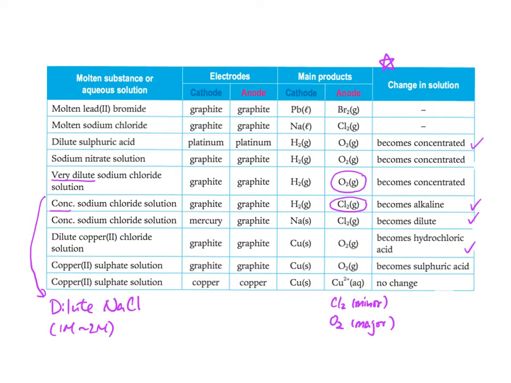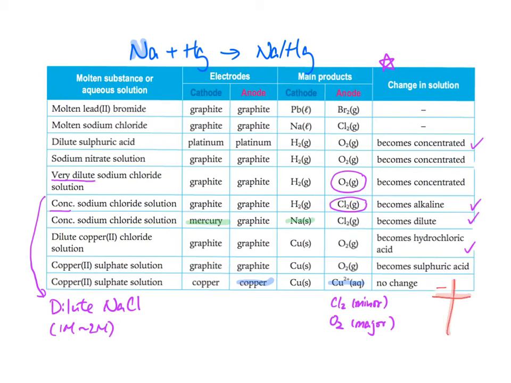The other thing is about the special electrodes that we have used. If we use a mercury cathode, you find that sodium will be produced. After the sodium is produced, you should remember that it will combine with the mercury to form sodium amalgam. The second case is using copper as the anode, and then it will generate Cu2+. So if you remember in that case,